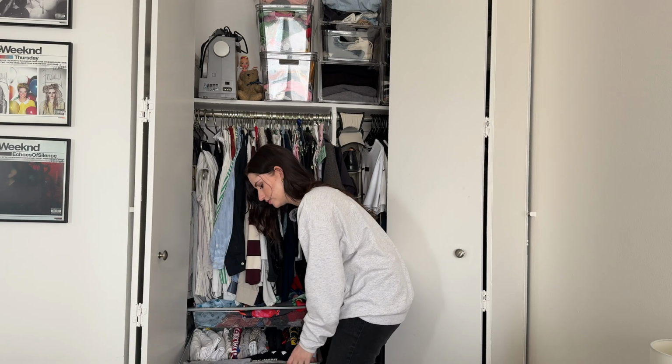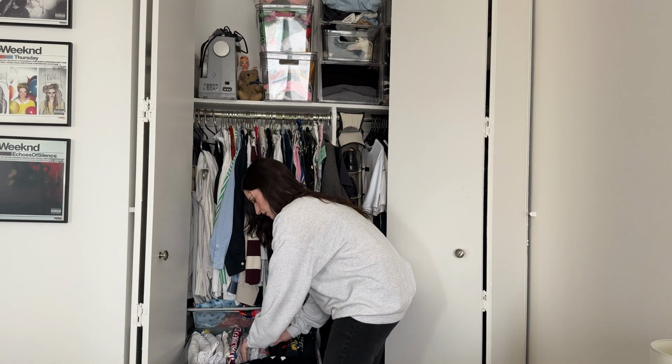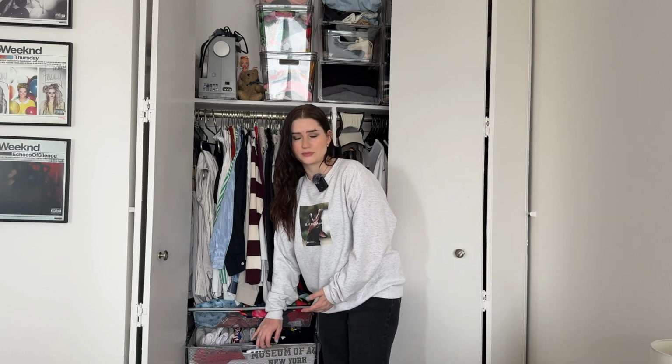T-shirts, I think I know I have a lot. I have probably too many, but I honestly feel like I wear them all and I like them all. What can I say? I love a t-shirt. I shouldn't be allowed to buy any more graphic tees, but who among us doesn't have too many graphic tees? Probably plenty of you, but